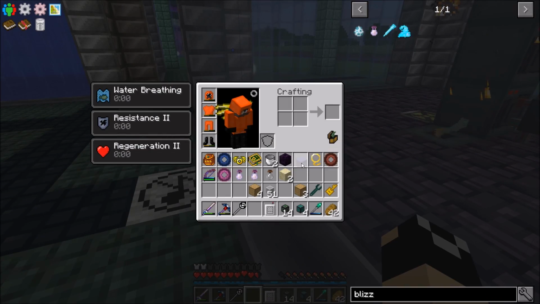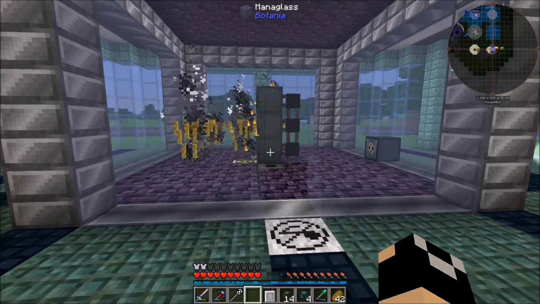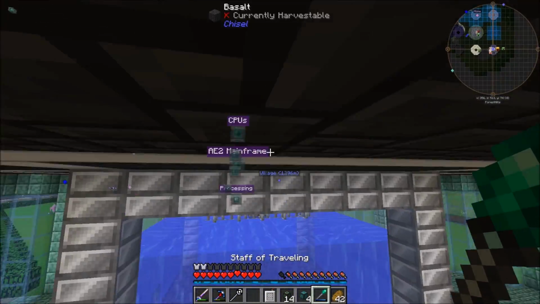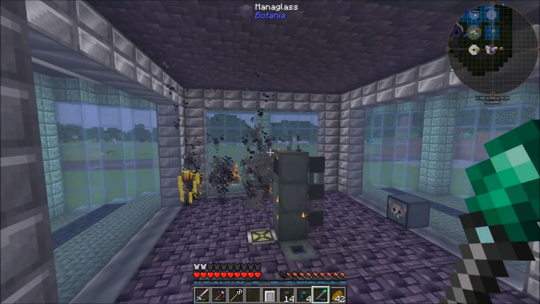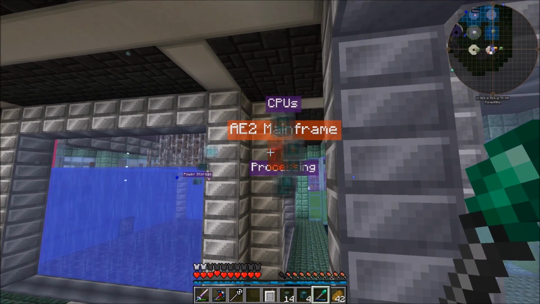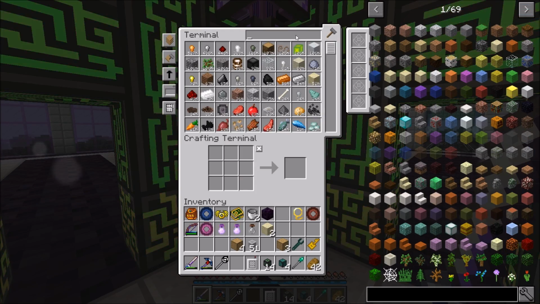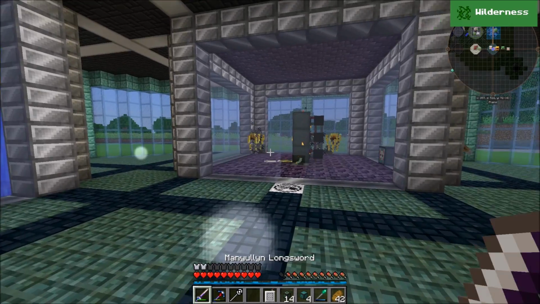Okay. I need my mana glass. I'll put it right there for now. I'll come back and fix that last little bit. Okay, so we should have... Oh, I'm going to need a capacitor. Oh, I can hear them. Let's get an octatic capacitor, because I think what I'm going to do is...